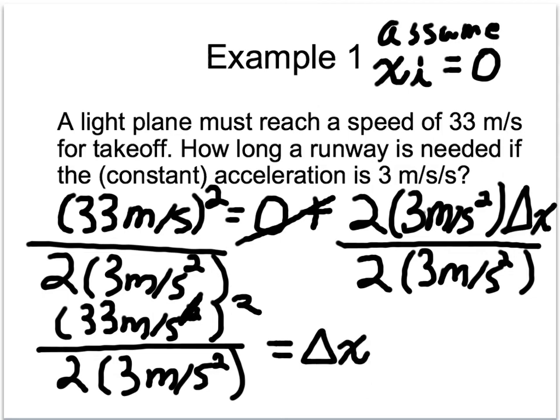Alright, and now I'm going to go ahead and calculate that out. So we have 33 squared divided by 2 times 3, and when I do that math, I get that the runway had to be 181.5